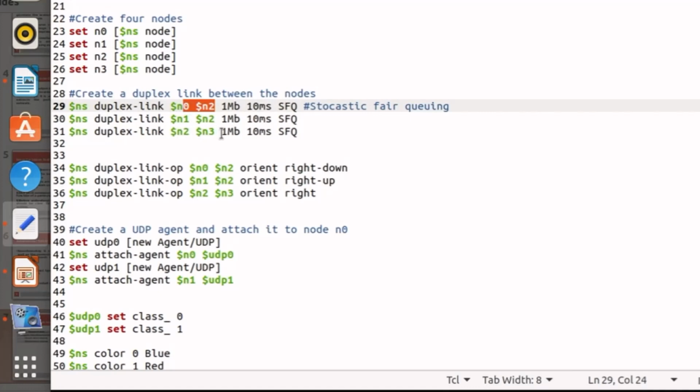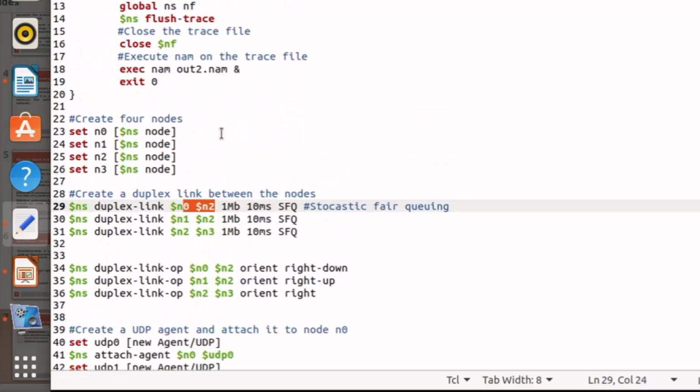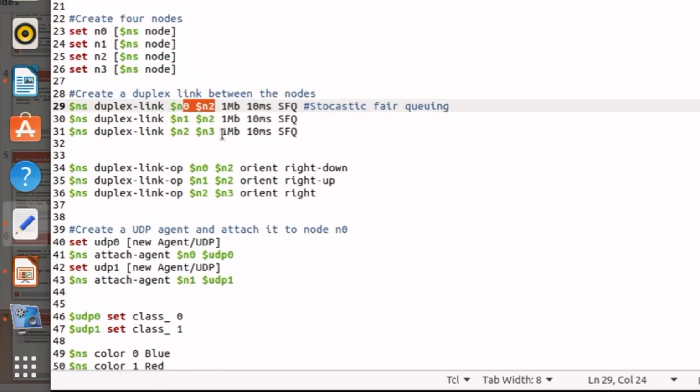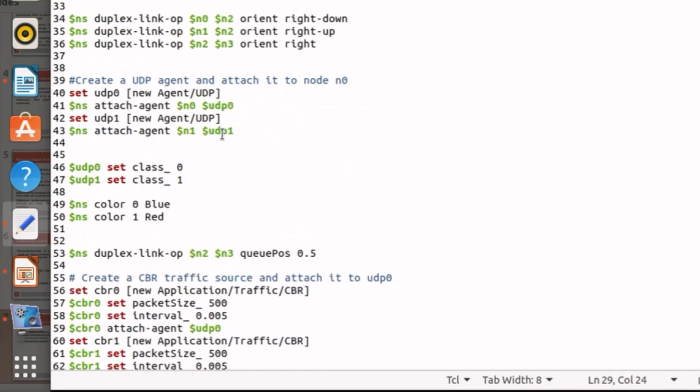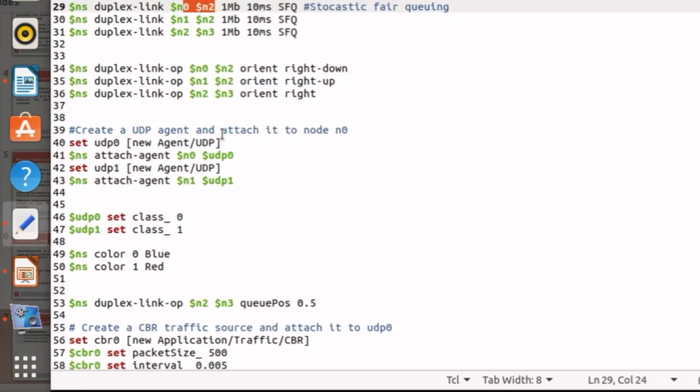Okay, so one scenario we have created, but the main problem is, not a problem, we have not created anything to transmit yet. So what message is to be transmitted, what type of message it is, what is the transport layer protocol, these things we have not defined yet. So we will define it now.